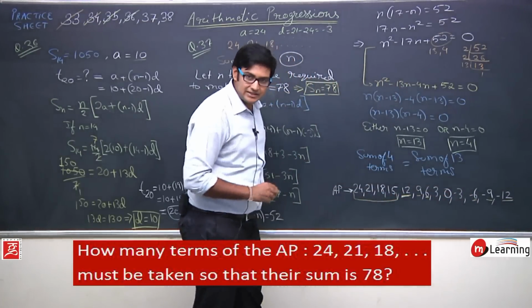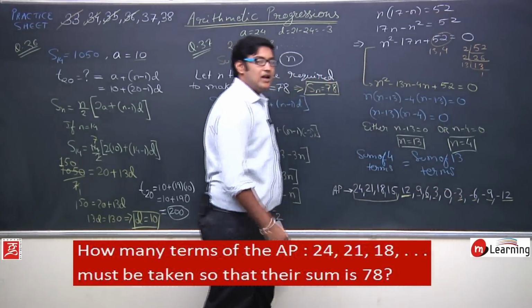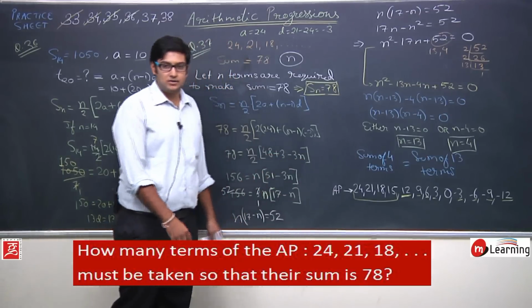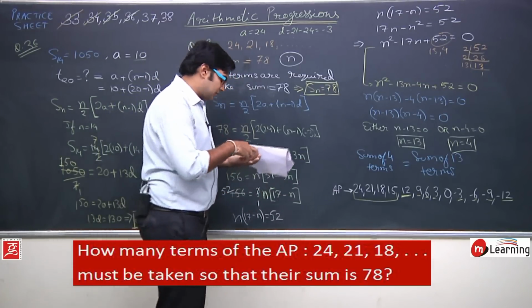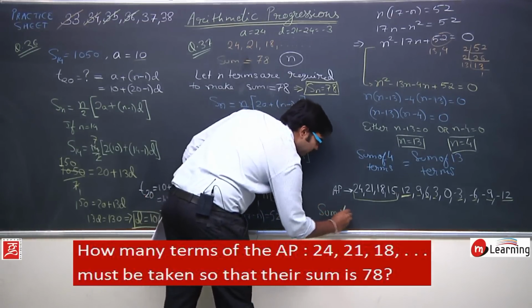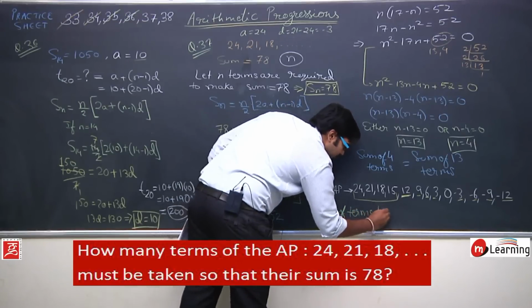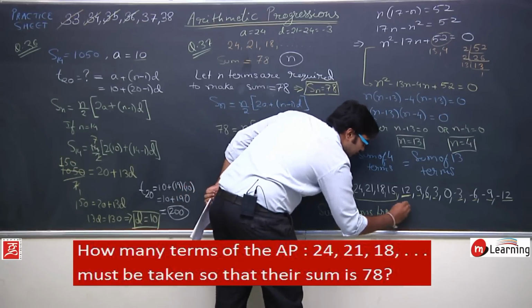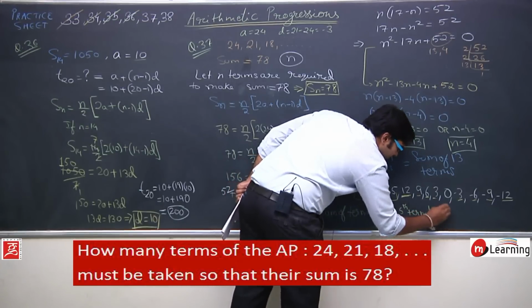So 6 and minus 6 are also getting cancelled. 3 and minus 3, again they are getting cancelled. So what does it mean? It means that the sum of terms from 5th term to 13th term